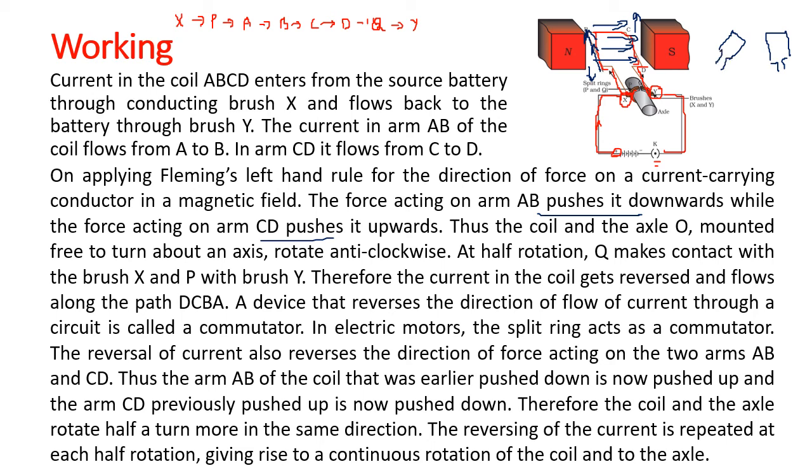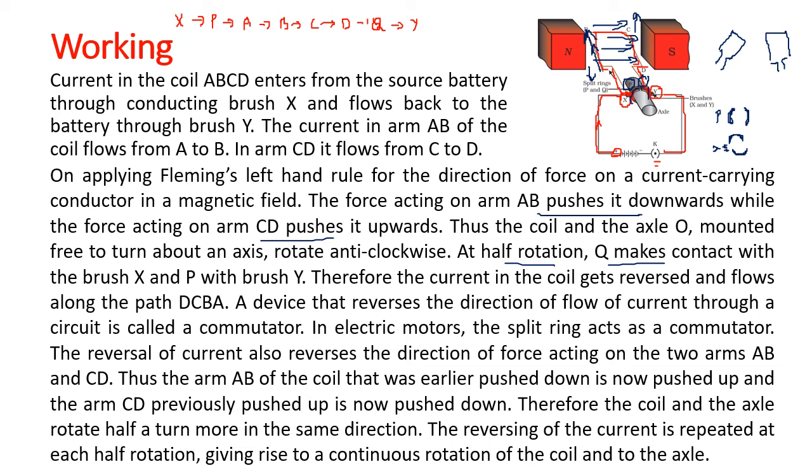When the coil is rotating, these rings P and Q will move with the coil. So the split rings are moving with the coil. At this rotation, there will be a gap in between. So first the split rings were like this. With the movement of the coil, the split rings have become like this. So there is a small gap here at X, but we know when the coil starts to move, because of inertia, it will complete the rotation.